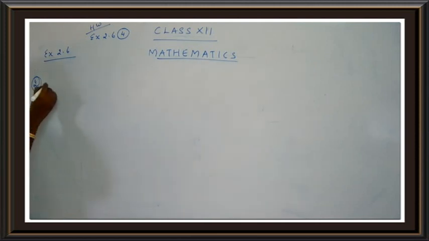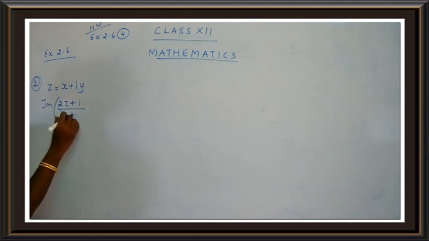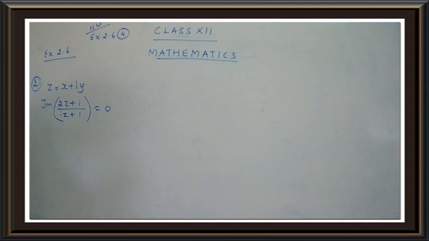So they have given you the value for z. Z is always taken as x plus iy. This is the normal rule of a complex number. And you have been given a condition: imaginary of, what is that children? 2z plus 1 upon iz plus 1 is equal to 0. So we are just going to continue with the sum, and what is the thing we are going to show? And they have given you an equation for the locus. In the previous case they said show that it is a real axis. So we just got the value for y is equal to 0 and we showed that it was a real axis. Yes, children? So here they have given you an equation, so we have to find out the answer.